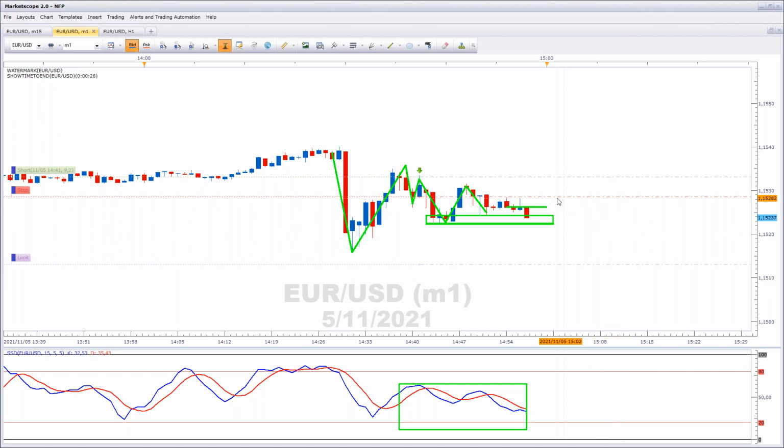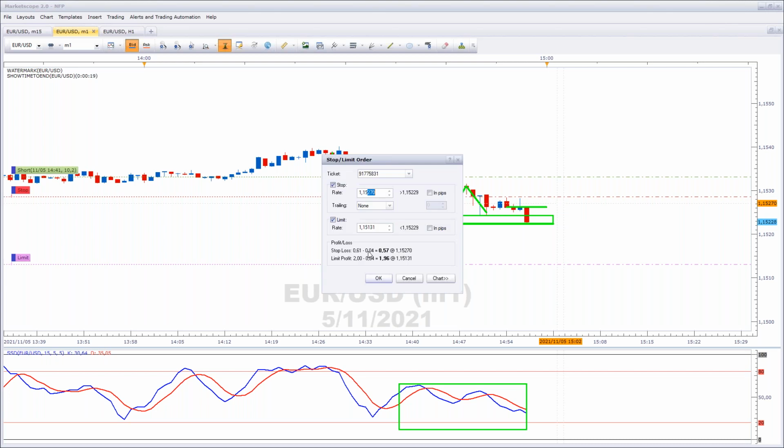Okay, we're going to pull it down a bit more because that support is fairly well defended at the moment.